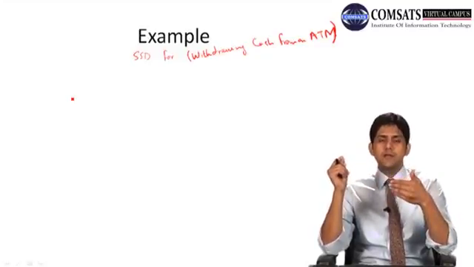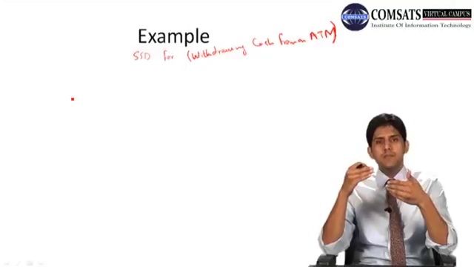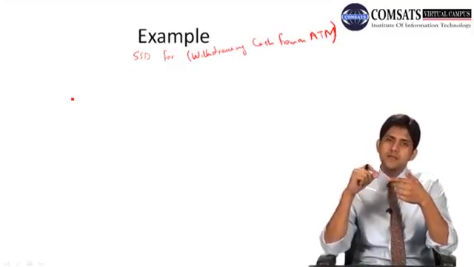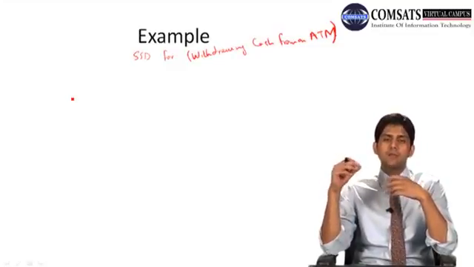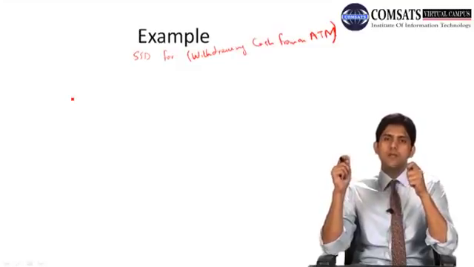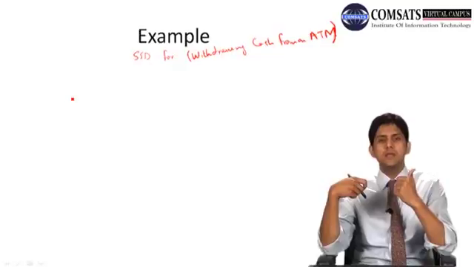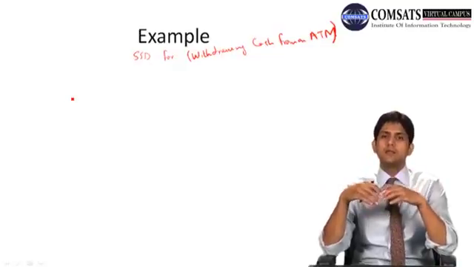So once you have entered the PIN number, then the ATM needs to confirm whether the PIN that you have entered is correct or not. So maybe a message is sent from the ATM to the bank, and the bank says, okay, this was the card number and that's the PIN, if they match, so there will be a message coming back to the ATM, okay, which would say कि जी